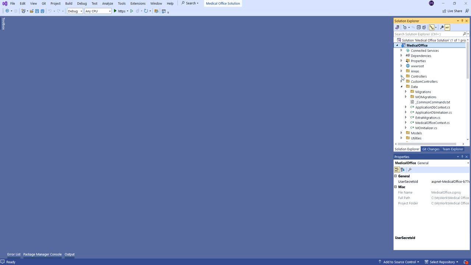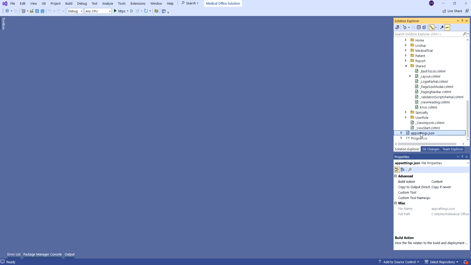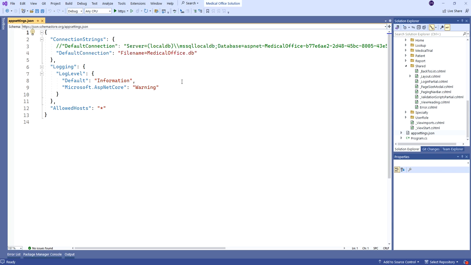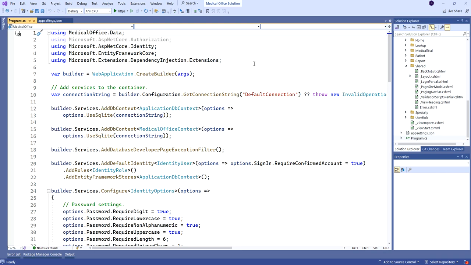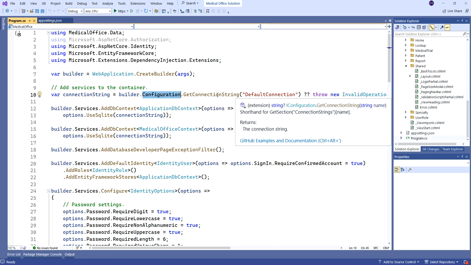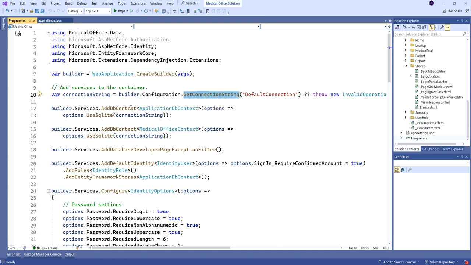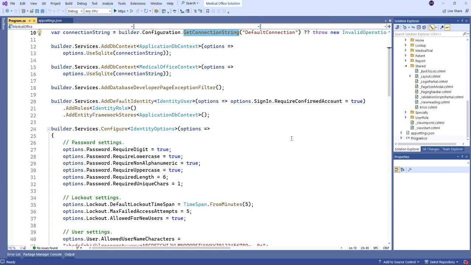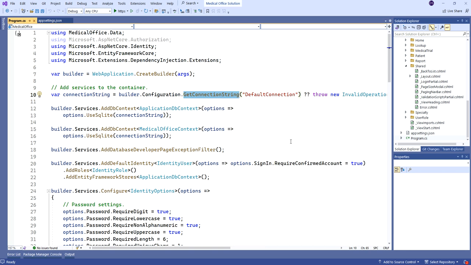Now, configuration is not something totally new. We've done it before, way down here in App Settings. Here's where we set up configuration settings for our database, our connection string. And remember how that worked over here in our Program.cs: we went to configuration, get connection string, and that gave us our connection string, which we use for our DB contexts and so on and so forth. So we're going to do something similar. We're going to get our configuration from app settings for the